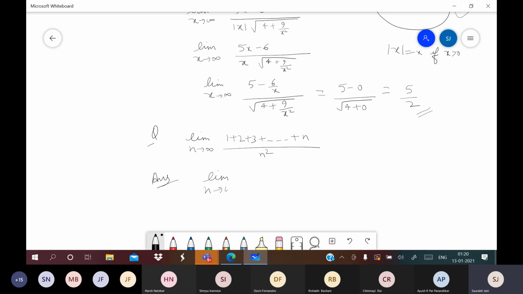So limit n tending to infinity, you write this sum. Sum of n terms of an AP will be n into n plus 1 by 2. So this 2 will come with n square, right? This n will be cancelled. 2 can be taken outside, though it is in the denominator, but it is fine. We can say that half is multiplied. And then we divide numerator and denominator by n. So it will look something like this: 1 plus 1 by n, upon 1. Now you put n tending to infinity, so the value will be half, right? So I hope this type is clear to you, right?